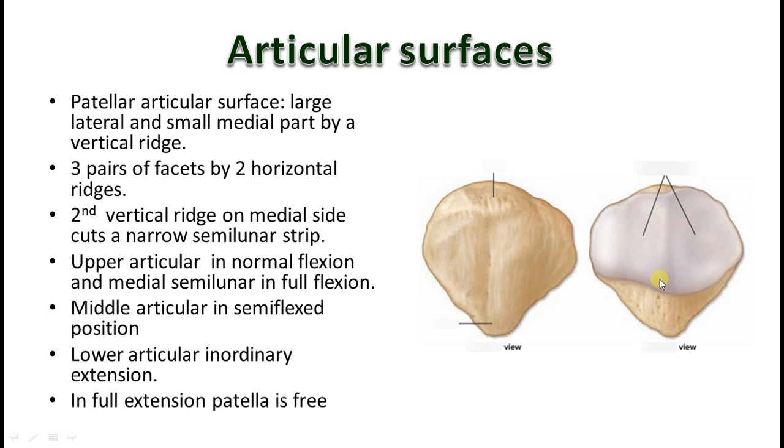Are you able to understand? During full extension, when you are standing upright, you can see the kneecap, which can move medially and laterally. In extension it moves laterally. It is not frequently fractured. If at all it is fractured, since there is no periosteum, reunion of the bone is not possible. Only if the periosteum is there, it will supply the osteoprogenitor cells and osteoblasts for the growth of the bone. But here there is no periosteum, so naturally once it is fractured,